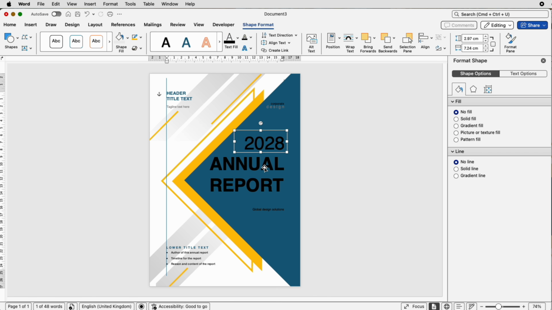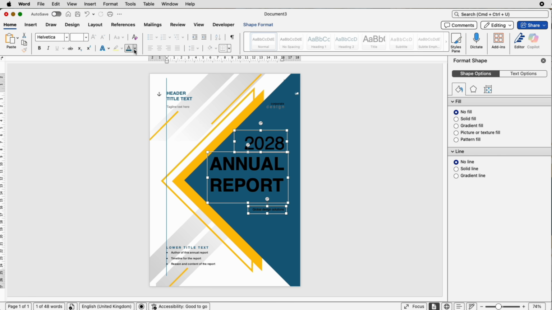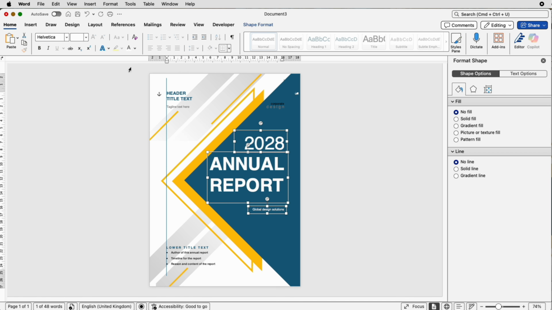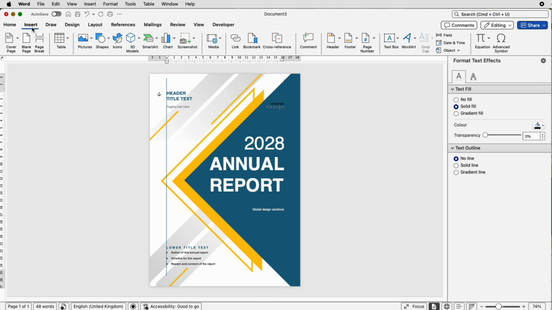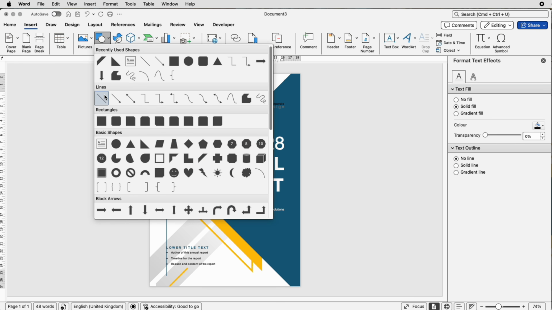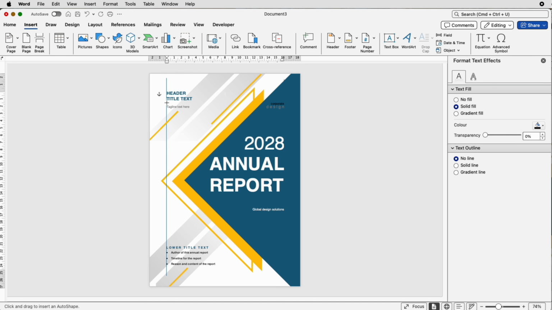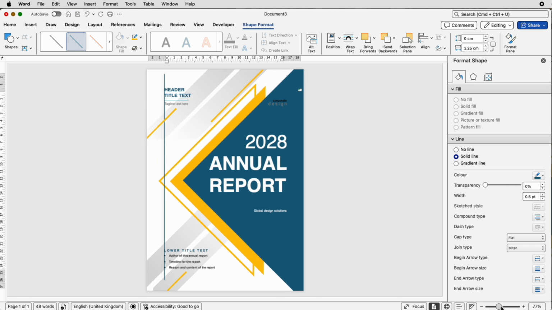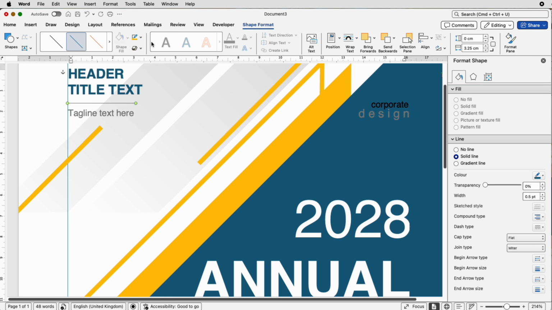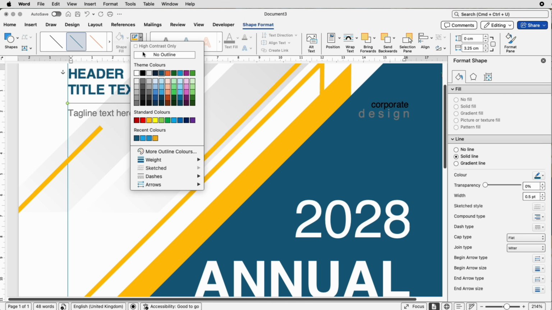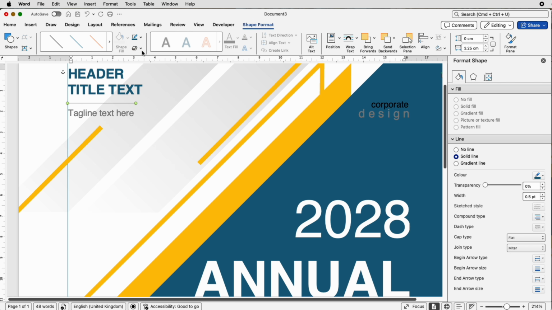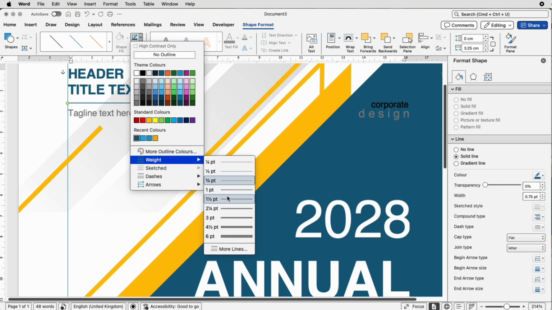Then I'm just going to select all of my text here, go to the Home tab, go to font color, select white, and then go to deselect, go to insert, shapes, line, click and draw a line here, but hold down your Shift key just so that you can make that a perfectly horizontal line. Go up to color or the outline tool again, select the color of your choice, and then weight, we'll just select 1.5,